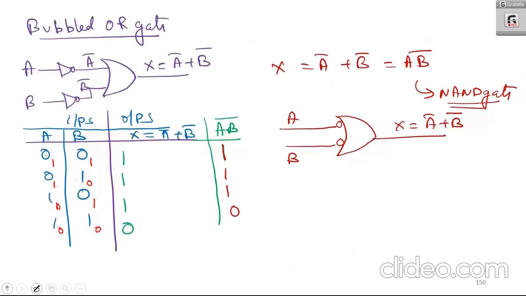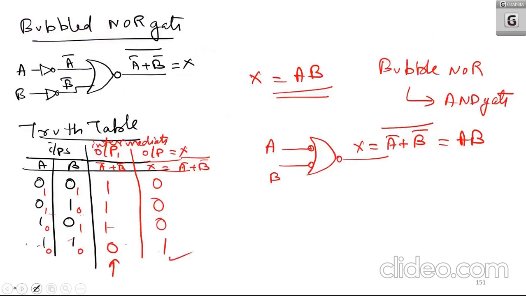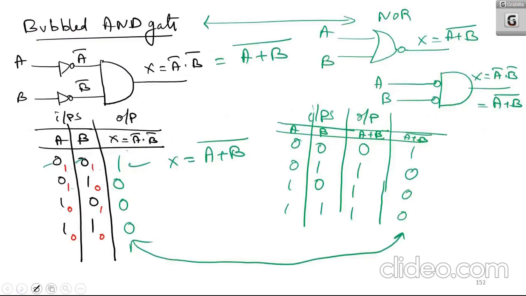So till now what we have studied, we have studied about bubbled OR gate. Bubbled OR gate is equivalent to NAND gate. Then bubbled NOR gate. Bubbled NOR gate is equivalent to AND gate. Again, bubbled AND gate is equivalent to NOR gate. Now the last one is